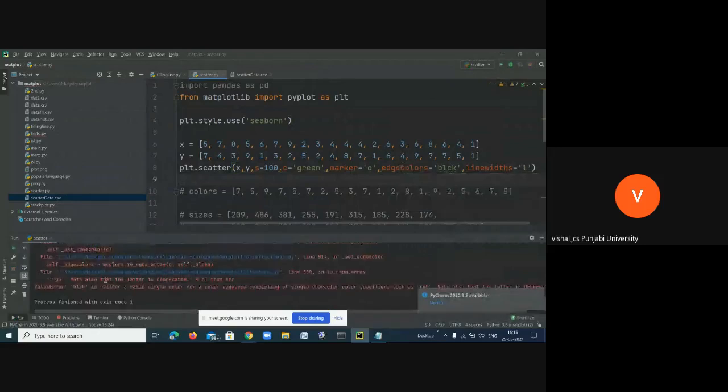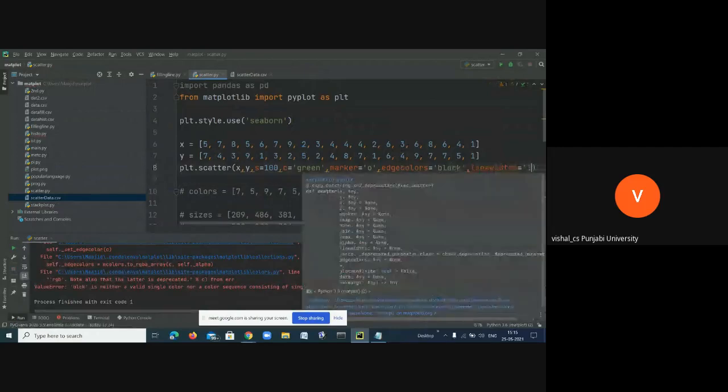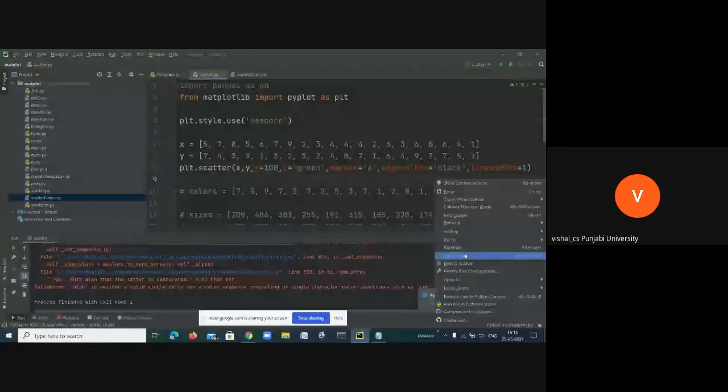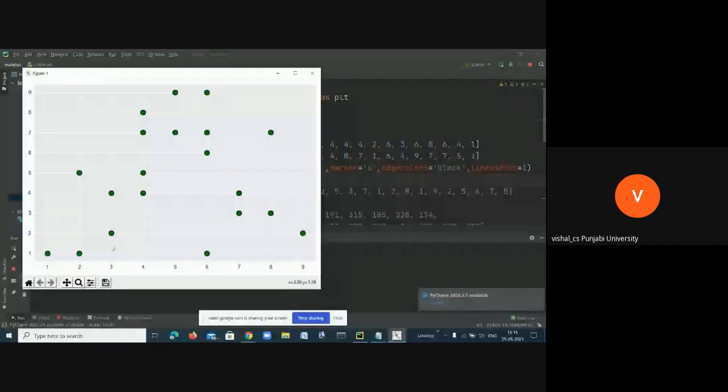Okay, see, I have increased the width. You can now see clearly the black edge color of the dots. Okay, you can play with this. You can increase the size.